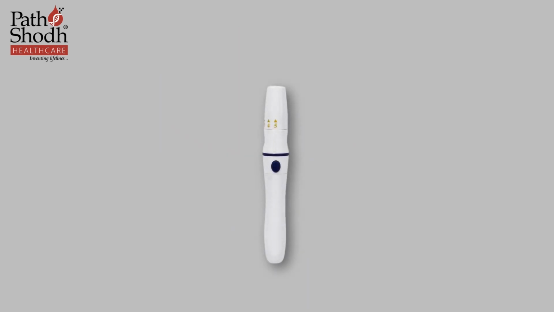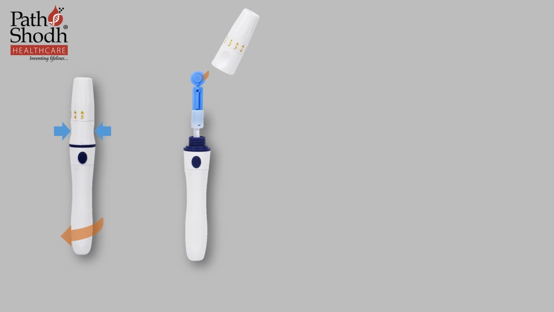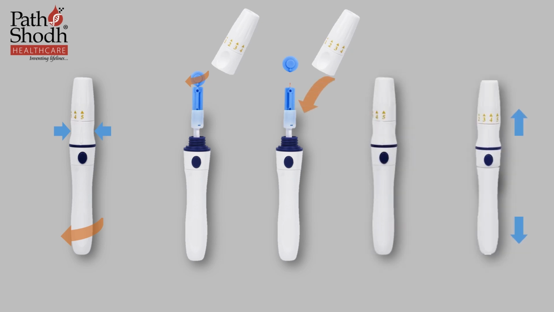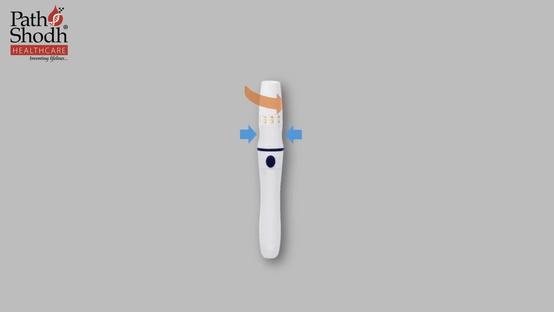Prepare the lancing device before testing. A lancing device has a sliding barrel, trigger button, depth indicator, and an adjustable cap. Hold the lancing device around the depth indicator and turn the barrel anticlockwise to remove the device cap. Insert a new lancet into the device, twist it off, and pull out the safety cap of the lancet. Put the device cap back on. Pull the barrel back to load the device. You may hear a click to indicate the lancing device is now loaded. Hold the lancing device around the depth indicator and turn the adjustable cap to a suitable depth.